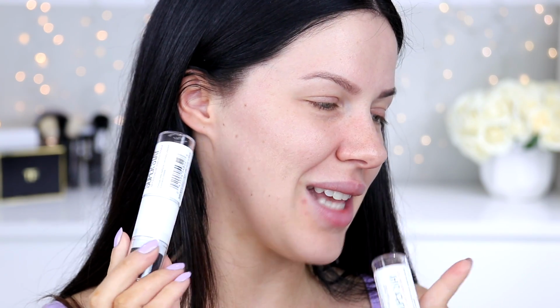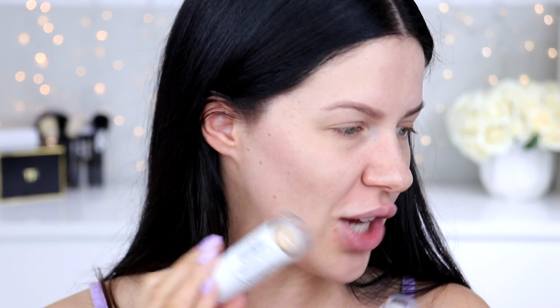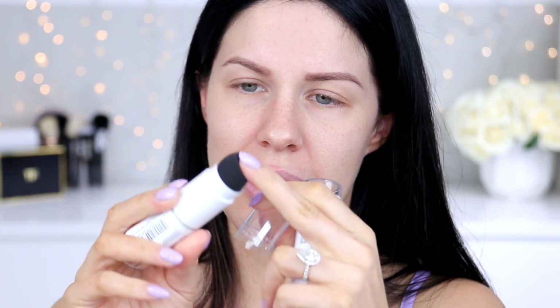It is an all-in-one foundation stick for up to 24-hour wear. Oh my gosh, I hope it's the same formula as the Superstay Full Coverage, because that's a 24-hour one too. Oh, I'm going to be so excited if it is. You can use it to do your foundation base, you can use it to conceal, and you can also use it to contour if you grab it in different shades. It's got a precision pointed tip blender sponge on one end, which I can see,